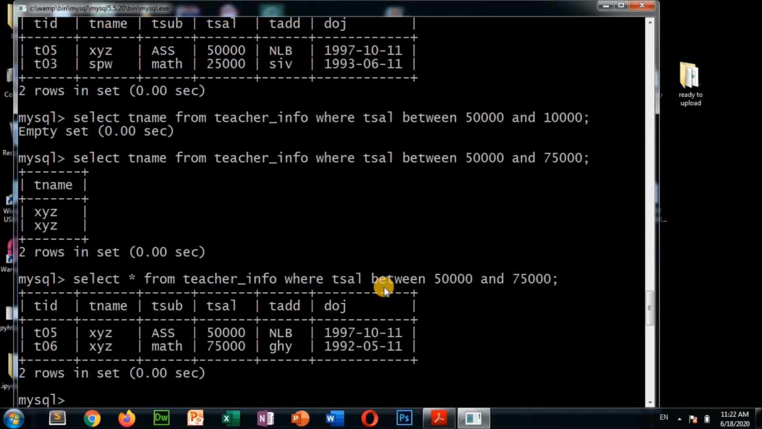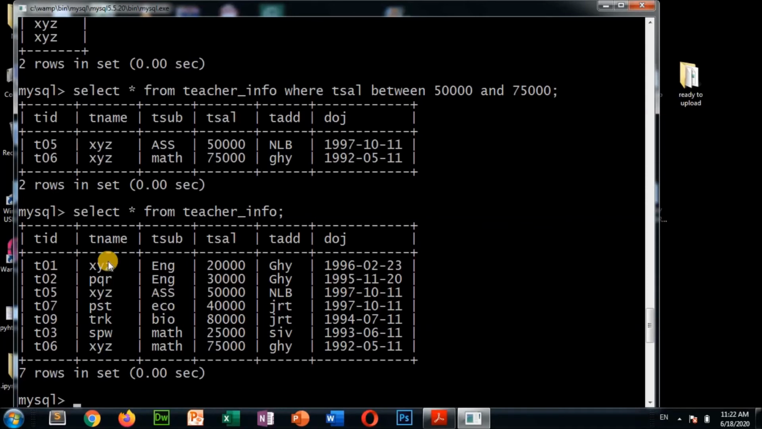Order by. So I am going to show you order by. Suppose you want to display all records in ascending order and descending order. First I am going to display all records. Yes, these records are coming. Now I want to display all records order by salary in ascending order. For that, what to write? Select star from teacher underscore info, just here write order by